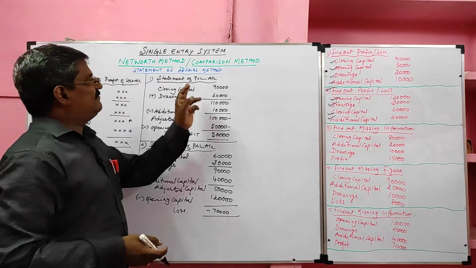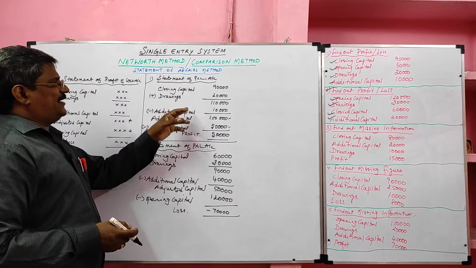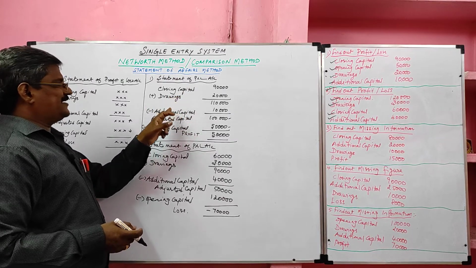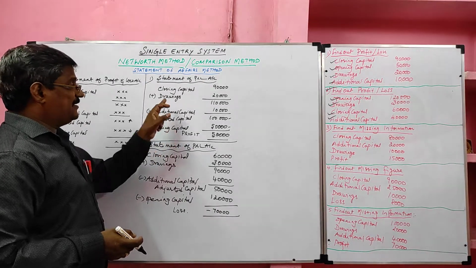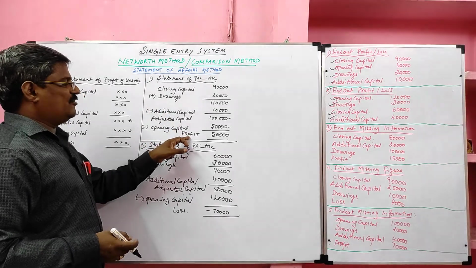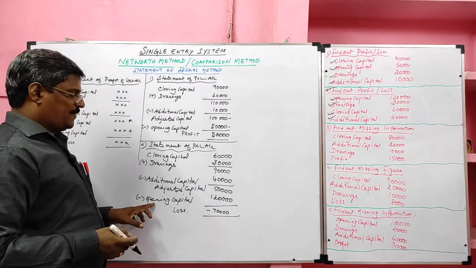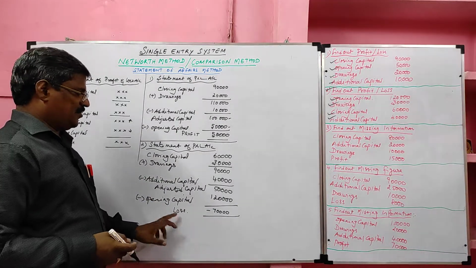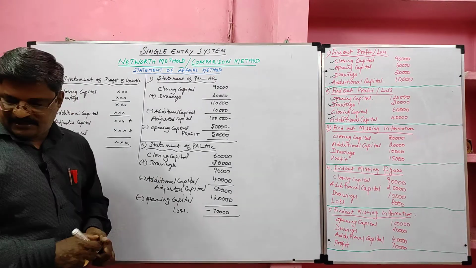Students, if they ask profit or loss, you should draw a format like this. Closing capital plus drawing minus additional capital will get adjusted capital, then deduct opening capital. If adjusted capital is more than the opening capital, that we call profit. Sometimes adjusted capital is less than the opening capital, we should write as loss. Next we'll see sum number 3.